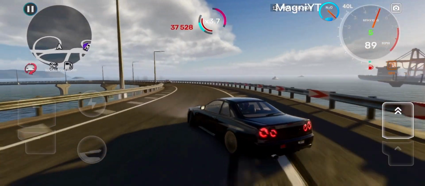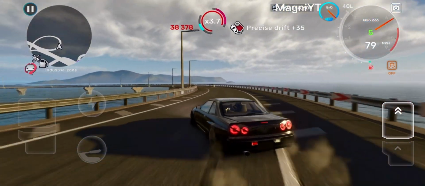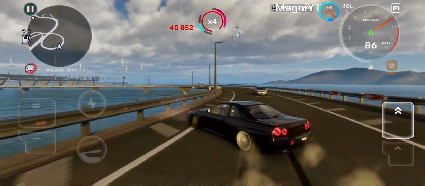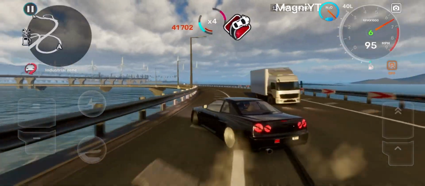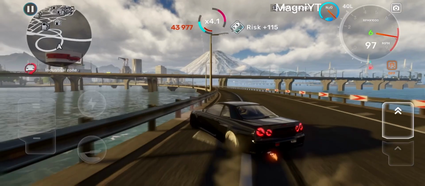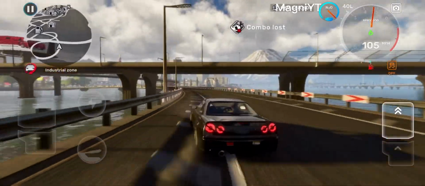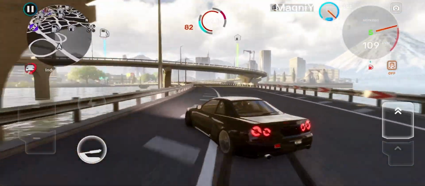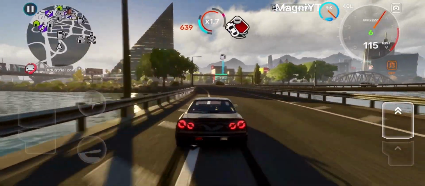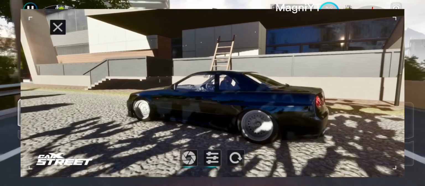Another thing we need is a free look option. The only way to free look is by using the photo mode, which doesn't operate while moving. But with CarXstreet, they need to add it, because it's an open world game, and most players would like to have a free look of the environment. Most of their games don't have it, and I don't know why. Maybe they have reasons for that. And this is the only way to do it.